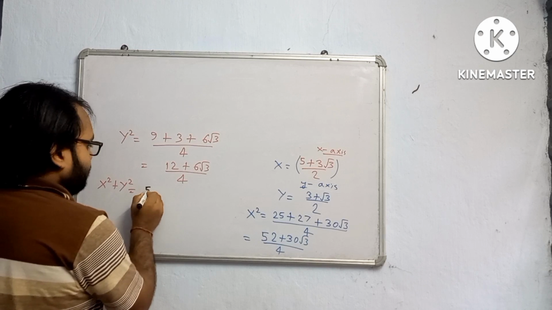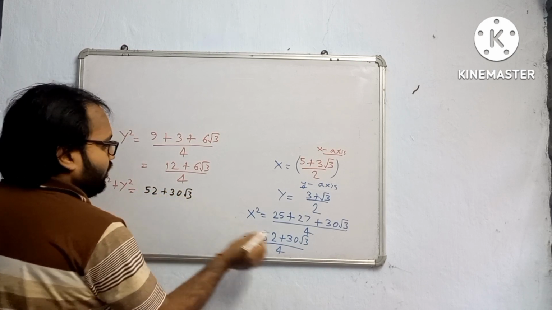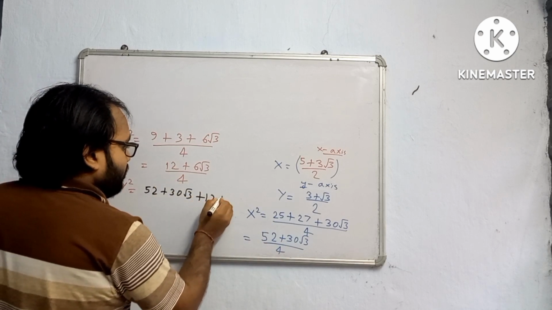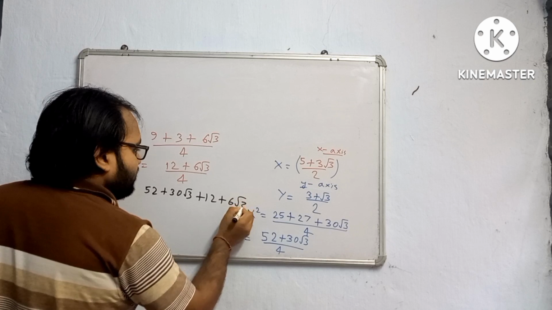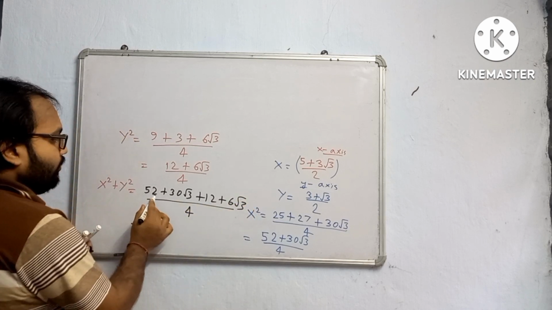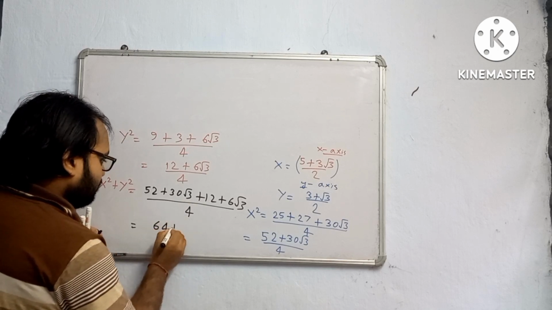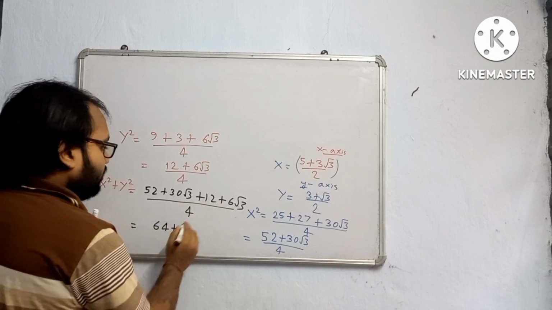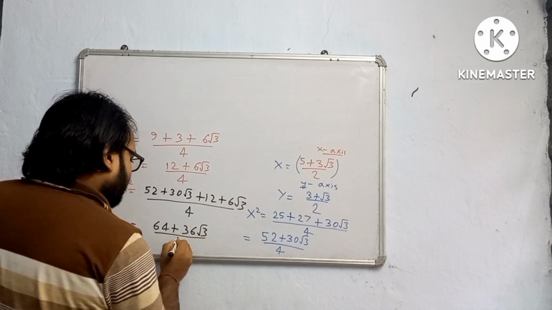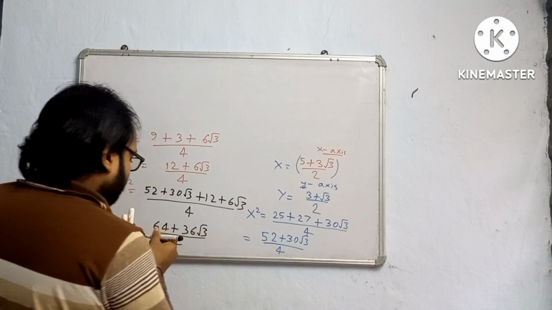That is 52 plus 30 root 3 plus 12 plus 6 root 3, divided by 4. 52 plus 12, 64 plus 36 root 3 divided by 4, which will be equal to,